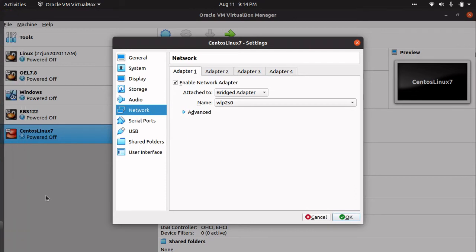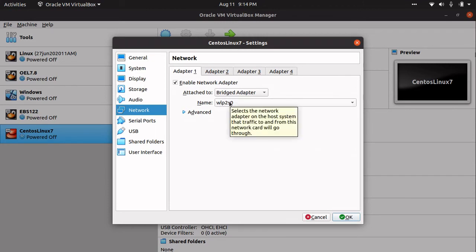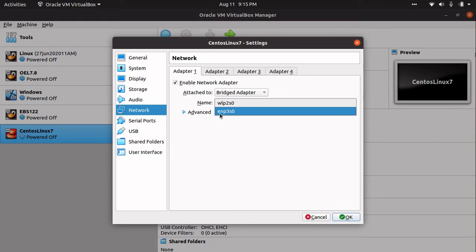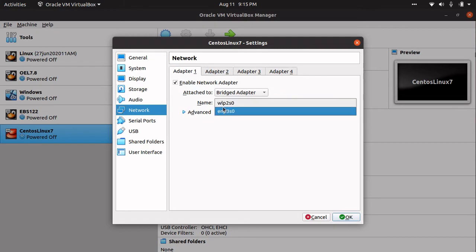Whatever the host machine is using, maybe a Wi-Fi adapter or an Ethernet adapter, based on that it will select. In case you are on Windows, it will show you some adapter names, whether it's a wireless adapter or a LAN adapter. You can select any one, whichever you are using for your internet on your host machine. Because it's a Linux host machine, the wireless adapter name starts with W and the LAN adapter name starts with E. As I'm using the Wi-Fi adapter here, it is going ahead and selecting the internet adapter. That's it for now, we don't need anything else, and I will click OK.